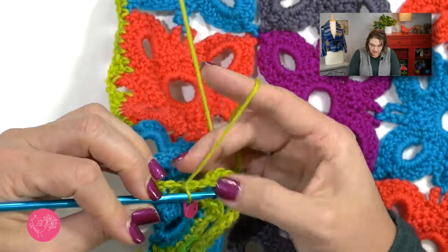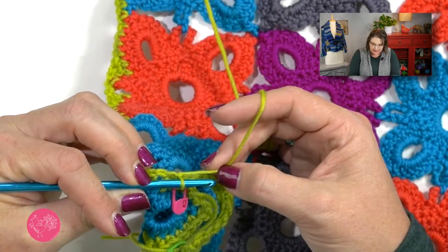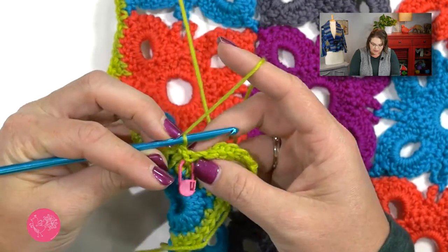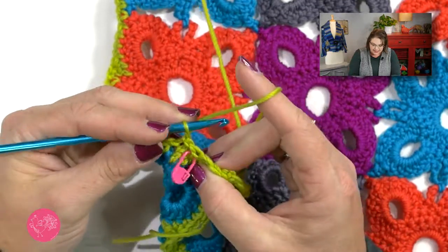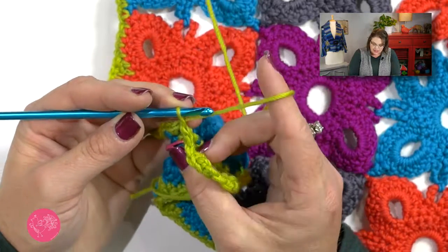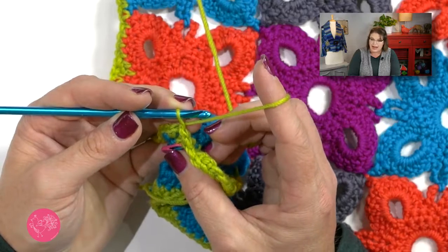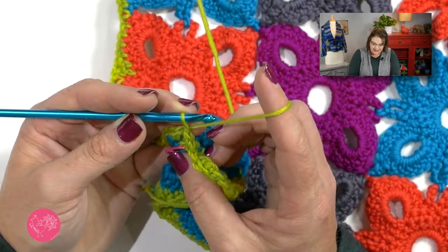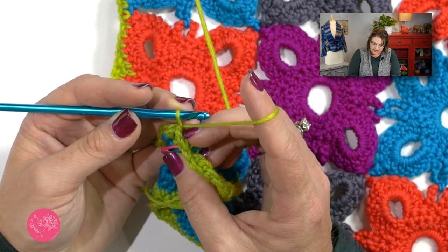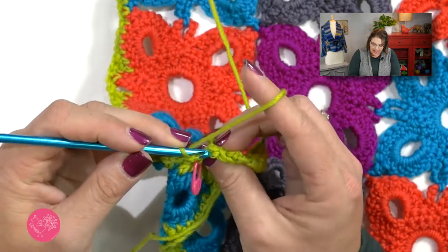And it is totally okay that my yarn is wrapping around that side of my stitch. It's totally fine, perfectly normal. You'll see that it says to skip 2 slip stitches. Well, the slip stitches that we want to skip are the ones that we use to join, which makes sense. We don't want to accidentally increase our stitches. So we will skip the second slip stitch we did and the first one, and go into the back loop